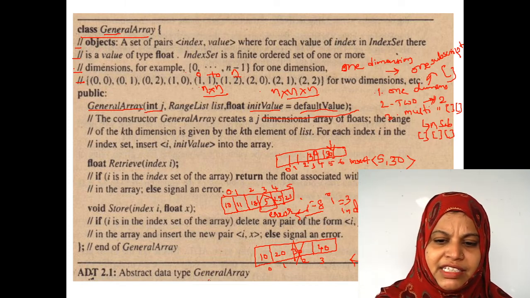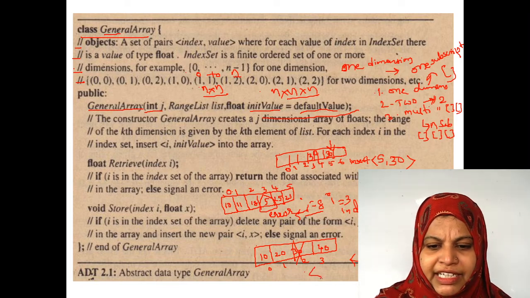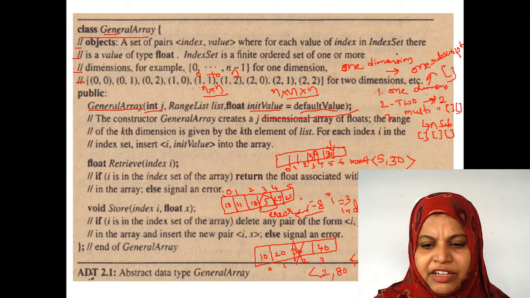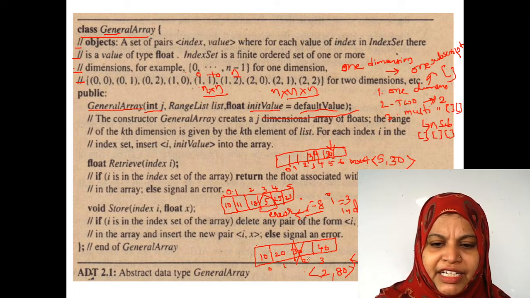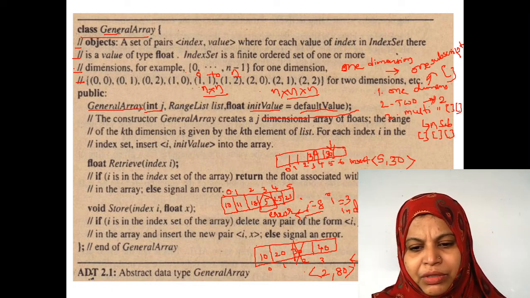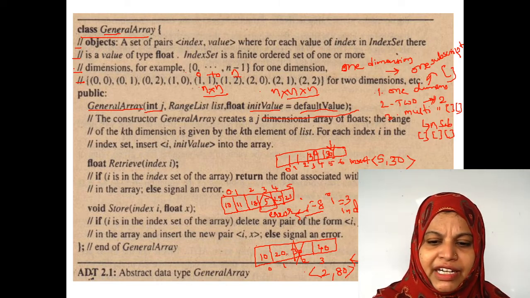Then I have to insert this 80 in this case. So, here what is my index value? Index value is 2. What is my new inserted value? New inserted value is 80. 2 comma 80 is going to insert it at the second memory location. At the second memory location, we are going to assign the 80 value in this case.